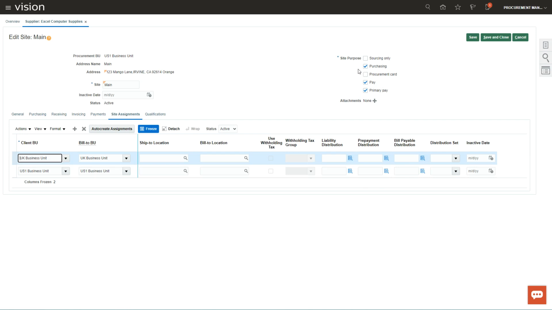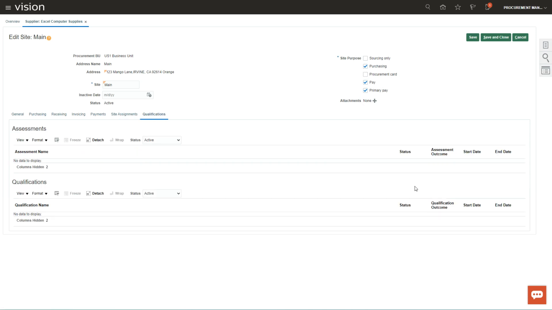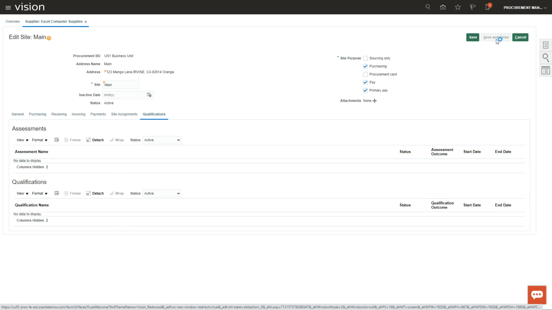And then you create the site purpose and then qualifications. If you are doing any qualifications for the supplier or assessments, those will show up here, but we are not going to go into that as of now. I'm going to say save and close.